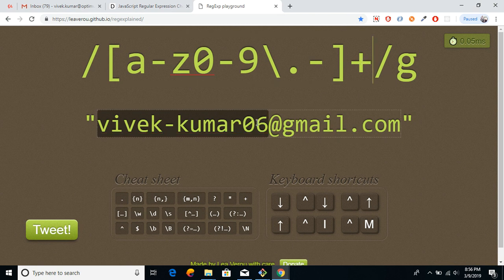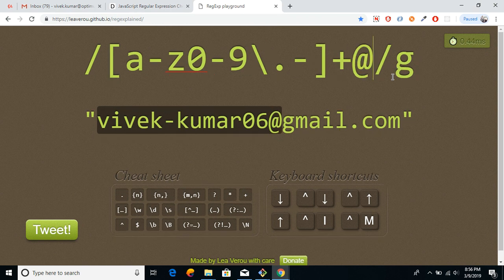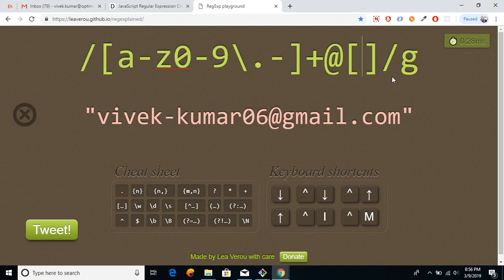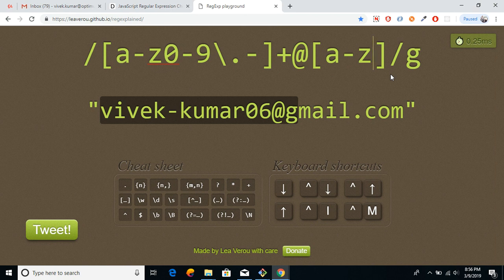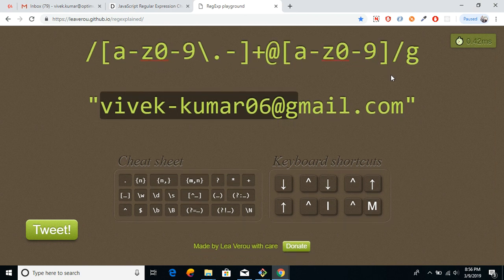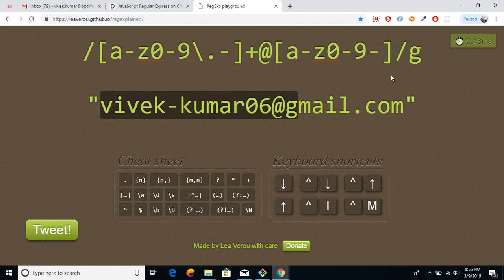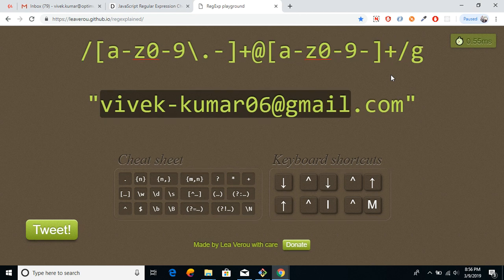Now you want to use the at sign. If you don't want special characters and want only letters and numbers, then you will have to do the same thing again. And if you don't want to allow dots and hyphens here, or just a hyphen, you can allow a hyphen any number of times. Then if you want to have a dot,